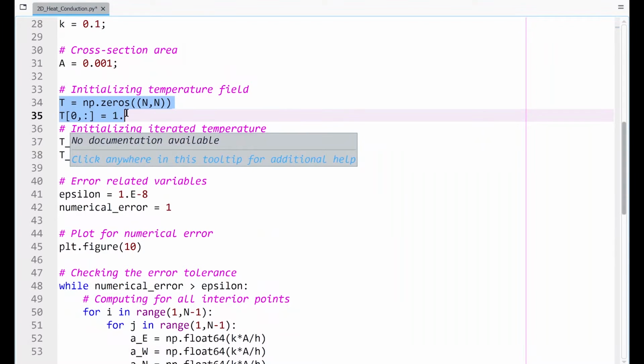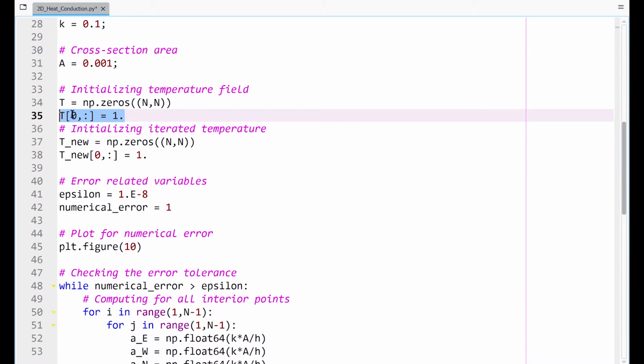In order to do that, we have to write a command like T[0, :]. The 0 represents the first row here and the colon represents all the columns. When we do that, it takes care of the boundary conditions at the top boundary.